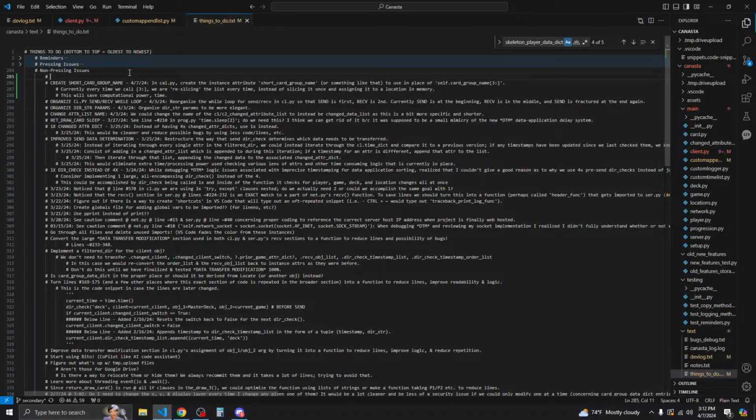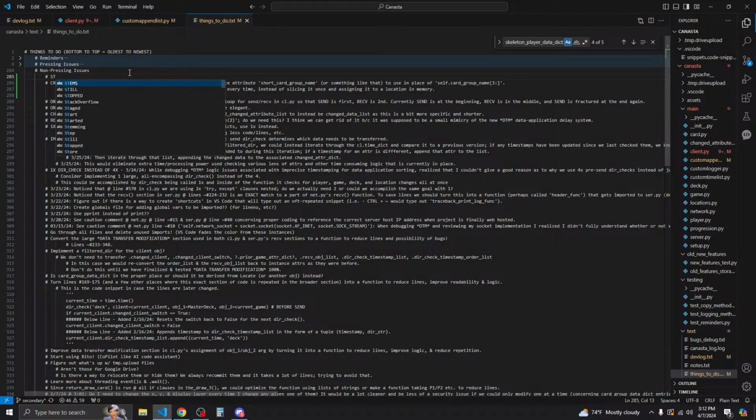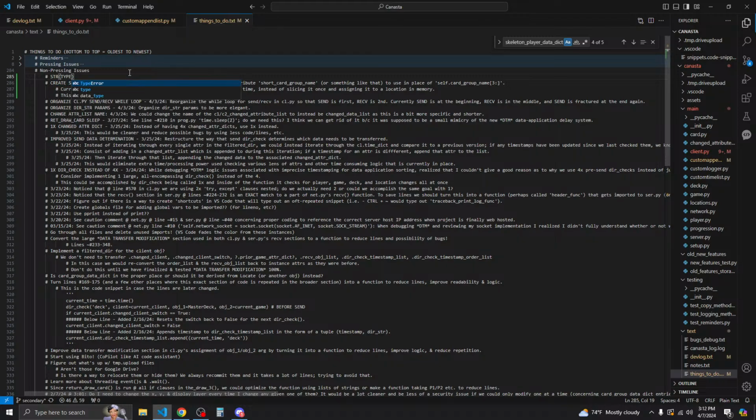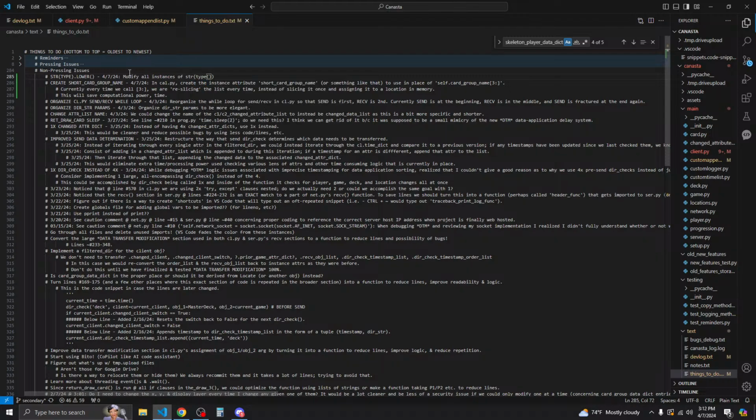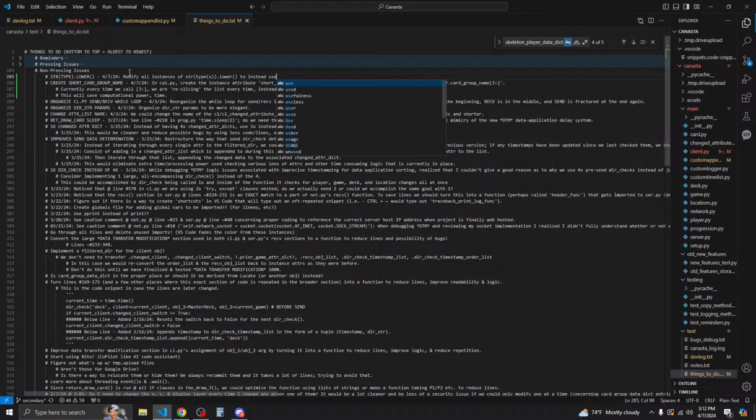We'll put string type lower, and this is for 7.24, modify all instances of string of type x dot lower to instead use